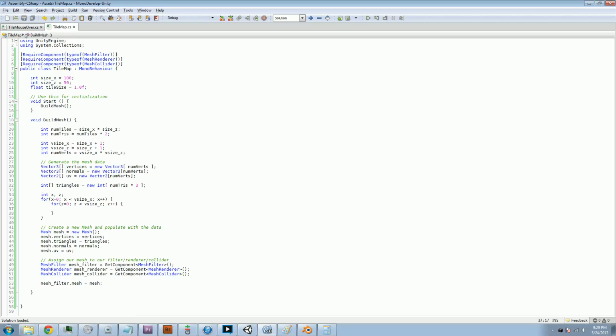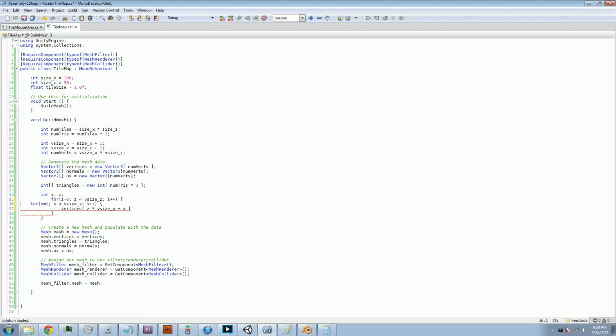And okay, so we are creating a vertex. Well, the first one will be 0, but obviously we need some sort of coordinate. Well, it's going to be z times the width, basically, of our map, which is x. So on the first time we go through, this is going to be 0. The whole first row is 0 plus our current x. So it's going to go 0, 1, 2, 3, 4, 5, 6, 7. And then at some point, this is going to loop around. It's going to end that row. Well, actually,